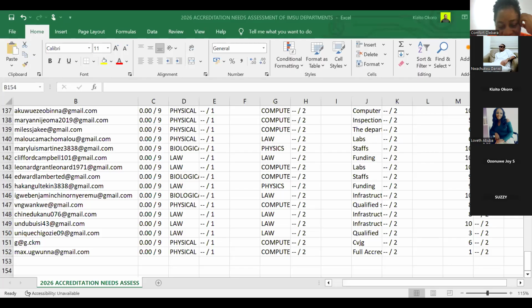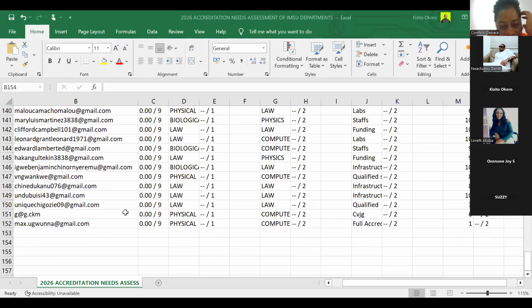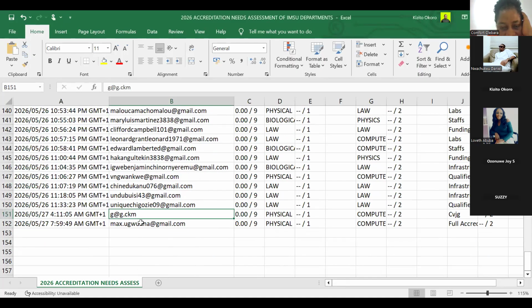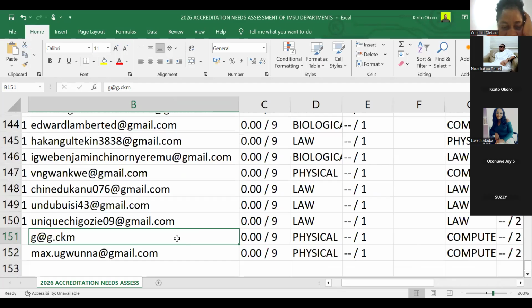I have a question, if I can share my screen, based on the data. Yes. This is based on the question. This email here, I don't know if you can see. Not a real email. Is it safe to mark it before analyzing your data? Yeah, some email like that.